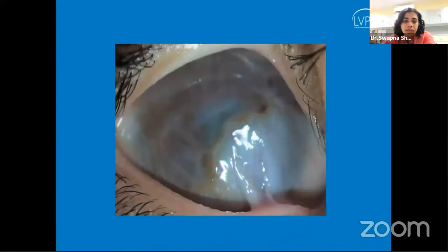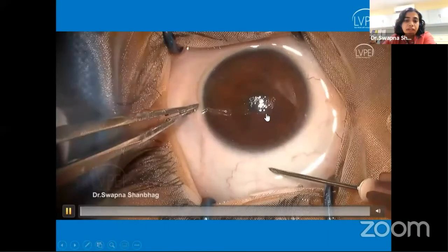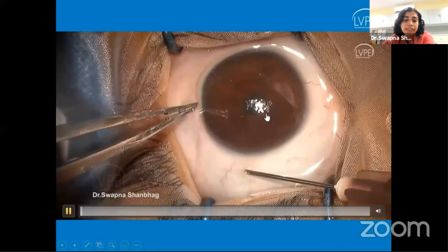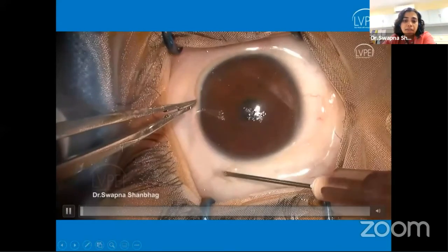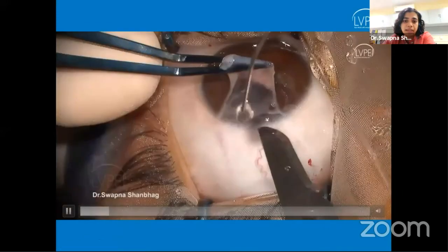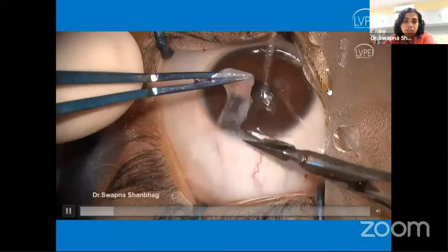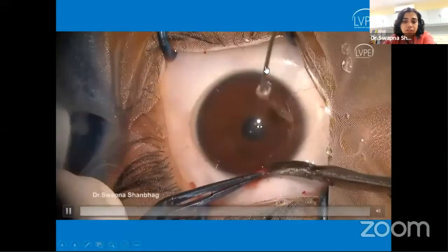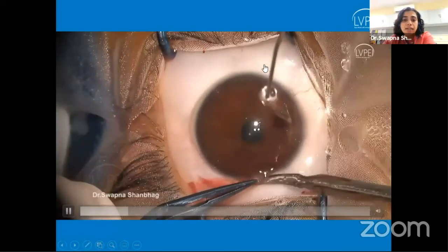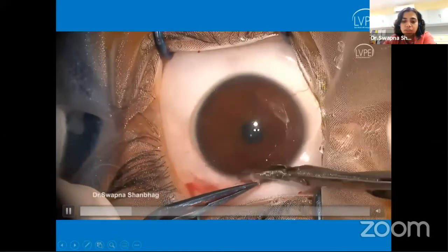This is a case where I'll show you the surgical video. This is a young child with SLET with Symblepharon, and both SLET and Symblepharon were actually treated in the same surgical setting. Here I'm taking the limbal biopsy from the normal eye, and I'm also harvesting the conjunctiva inferiorly to do a conjunctival autograft. This child had a Symblepharon in 2 quadrants.